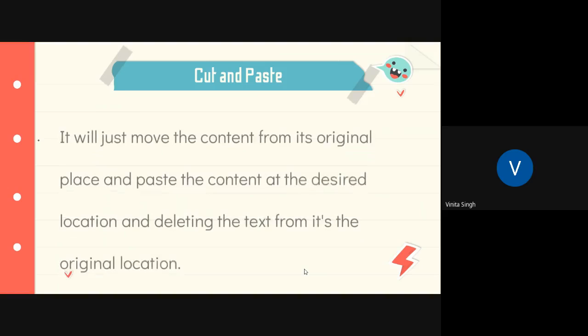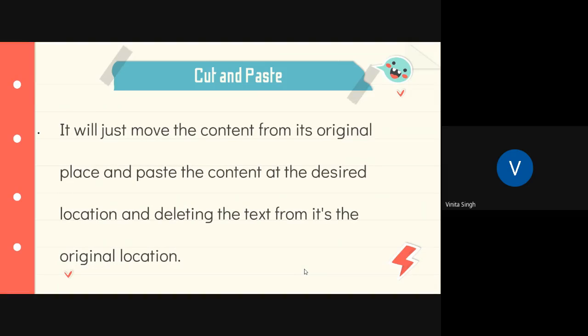The cut and paste operation will move the content from its original place and paste it at the desired location, but it will delete the text from its original location.